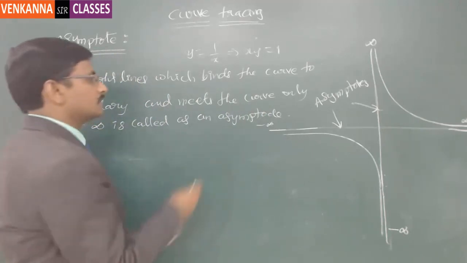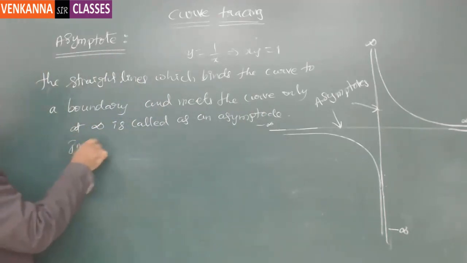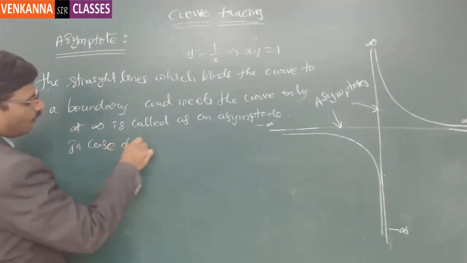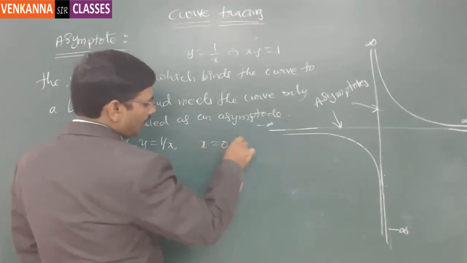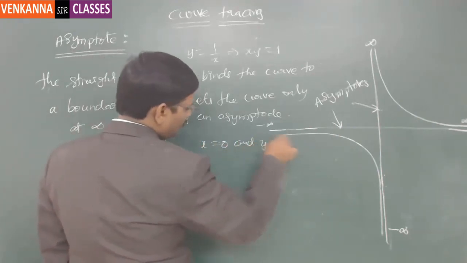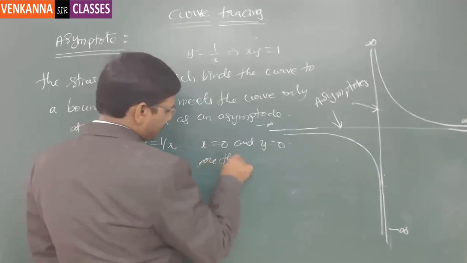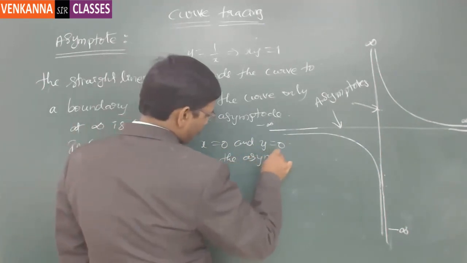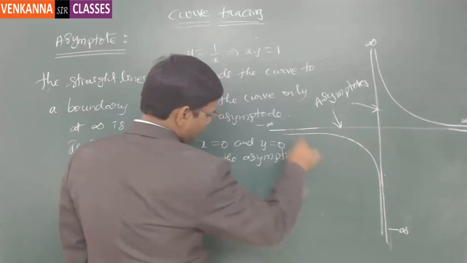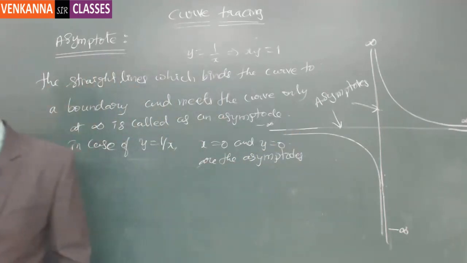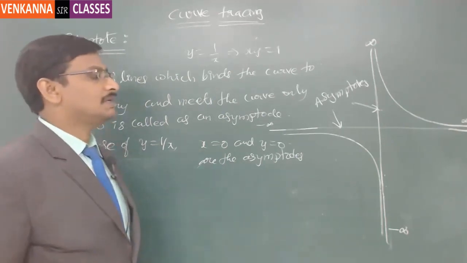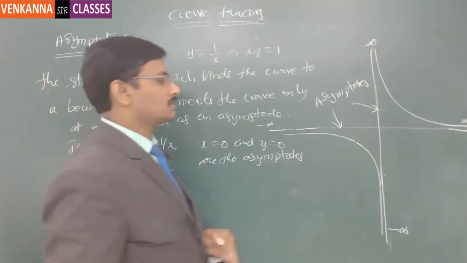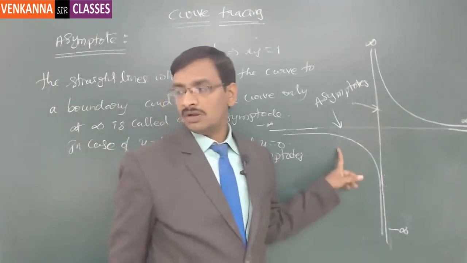Now here, in the case of y is equal to 1 by x, x equal to 0 and y equal to 0 are the asymptotes. Got it? Crossing a particular axis: here the definition of the asymptote is with respect to the curve, not with respect to